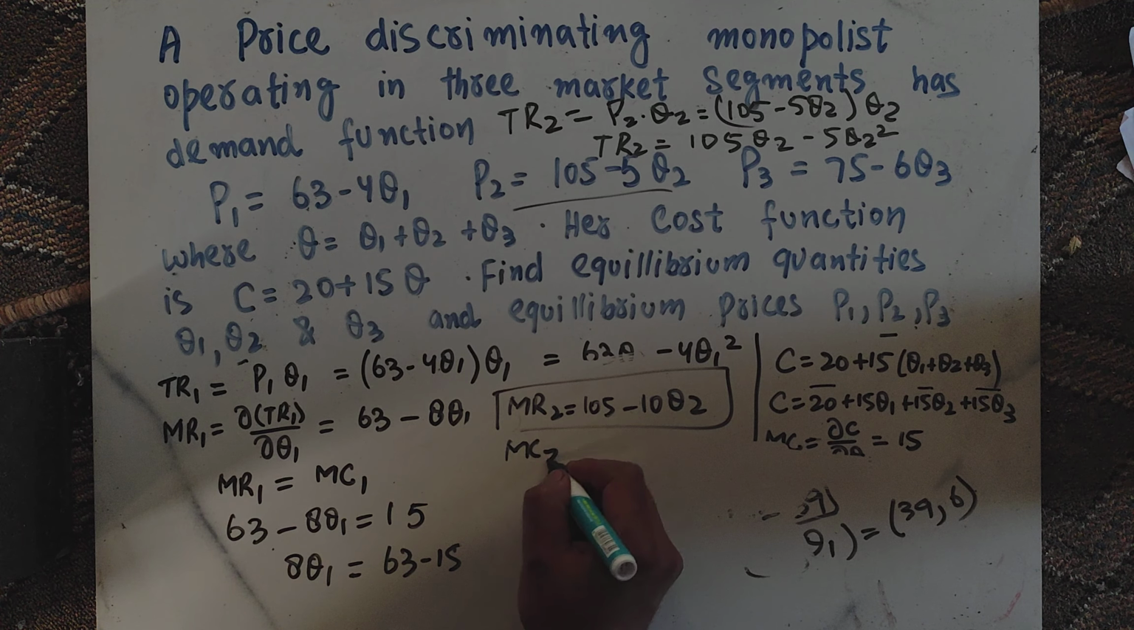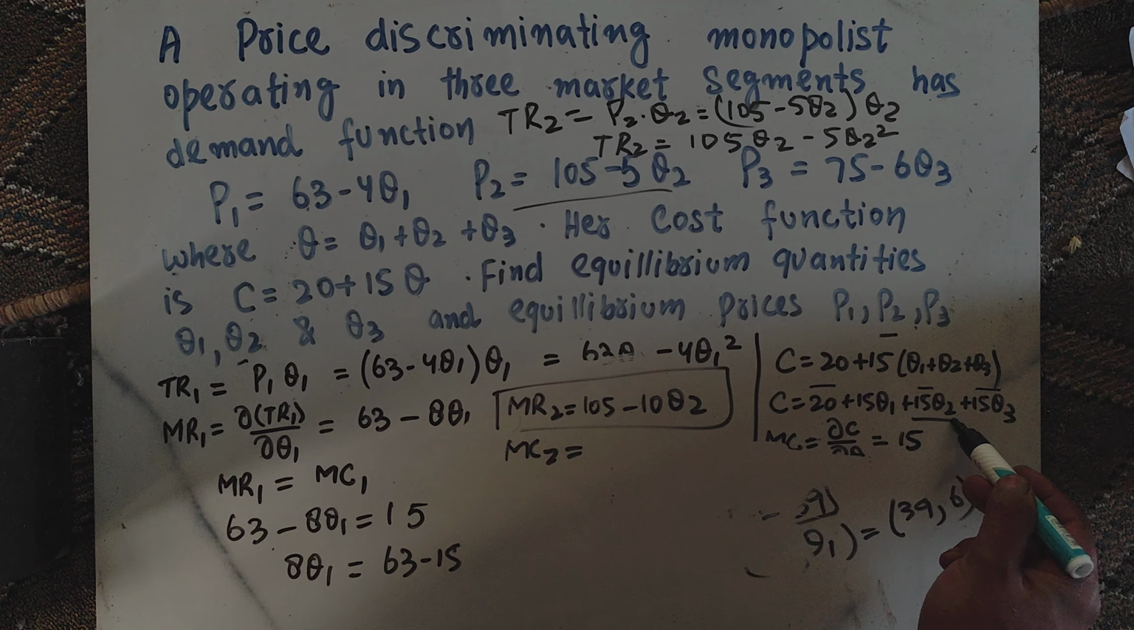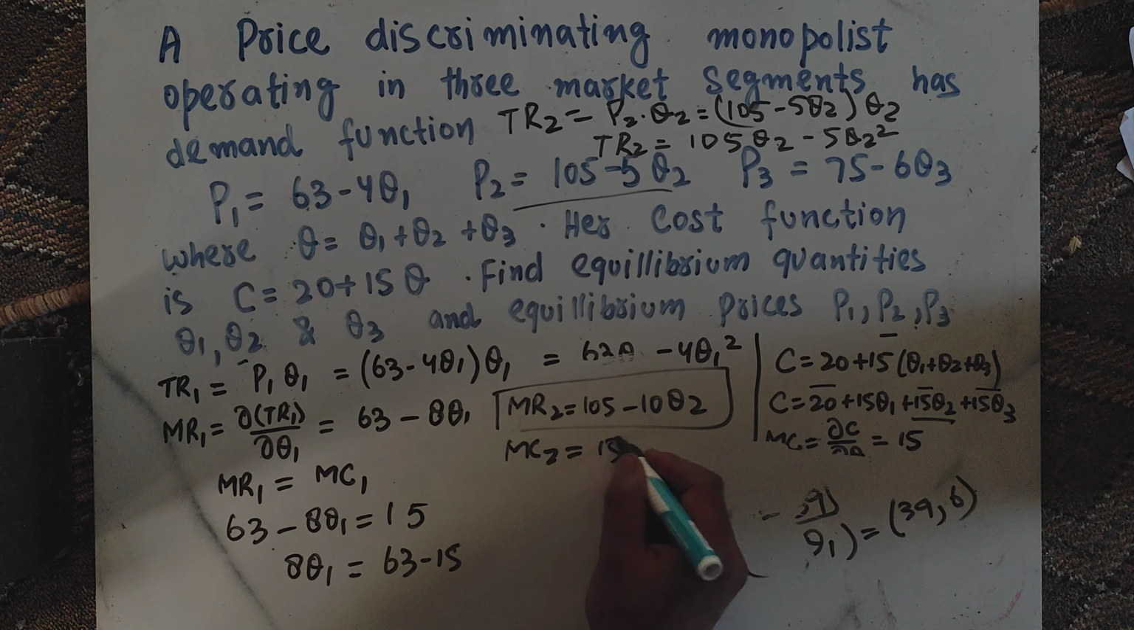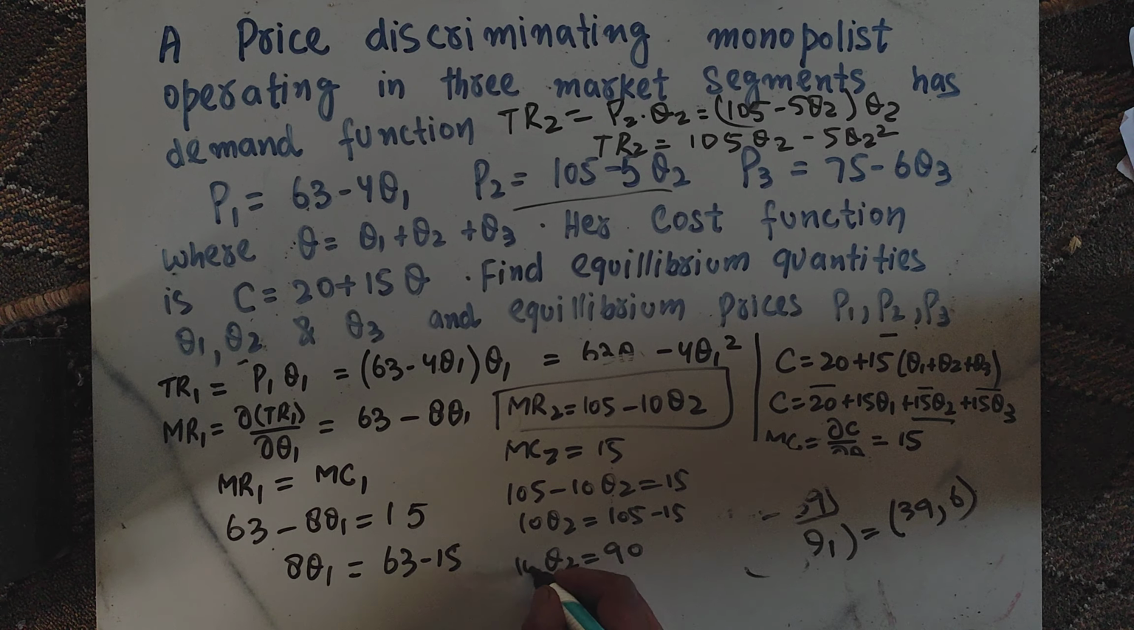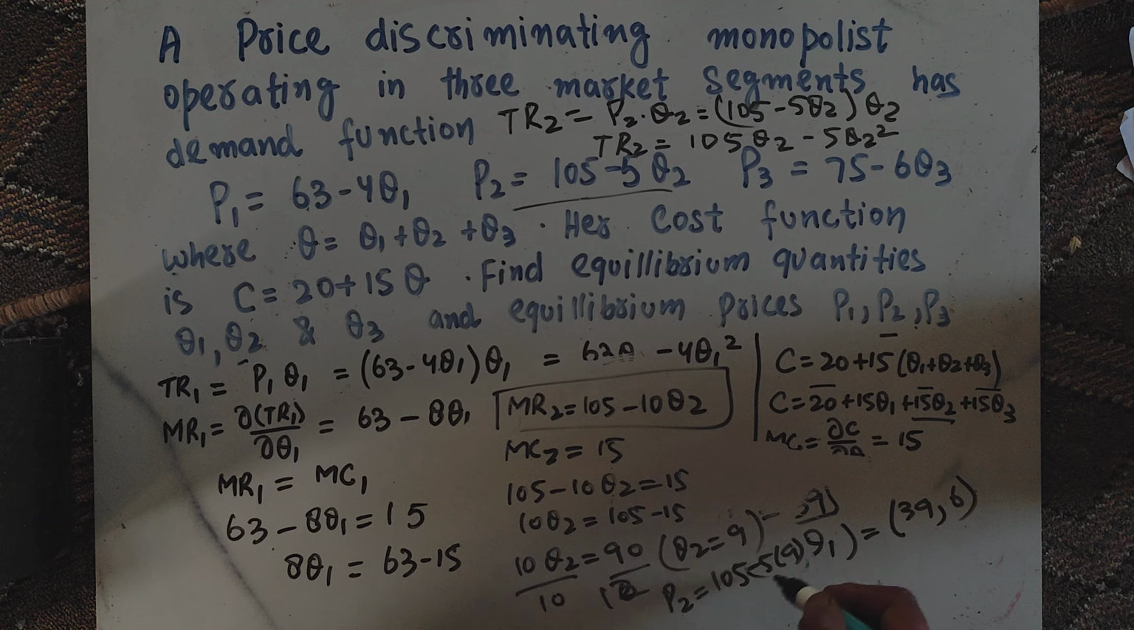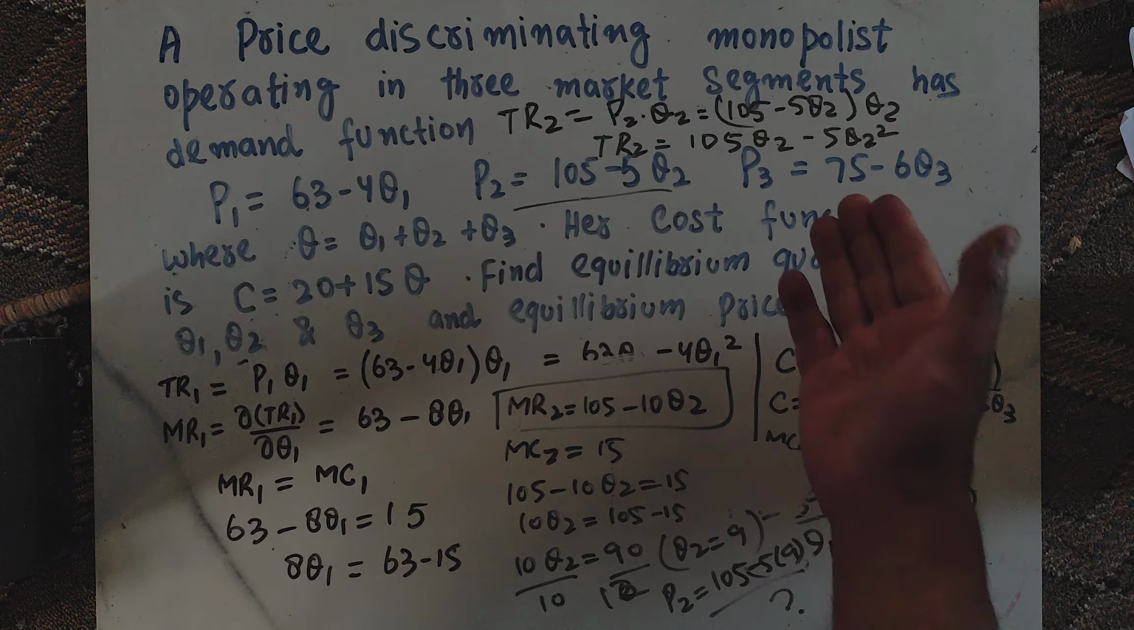The marginal cost in the second market will be the same, because if we take the partial derivative of the cost function with respect to Q2, we will again get 15. Equating marginal revenue with marginal cost, we get 105 minus 10Q2 equals 15, or 10Q2 equals 105 minus 15, which comes out to be 90. Dividing both sides by 10, we get Q2 equal to 9. Plug Q2 equal to 9 into the demand equation, so we get 105 minus 5 into 9. That will give us the equilibrium price in the second market. Likewise, you can find them